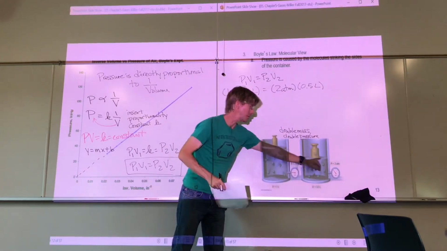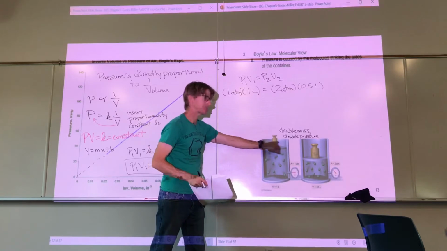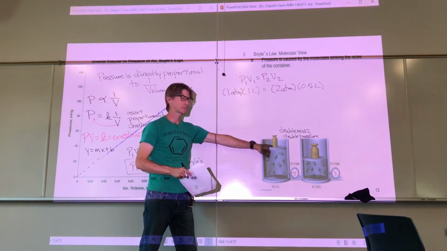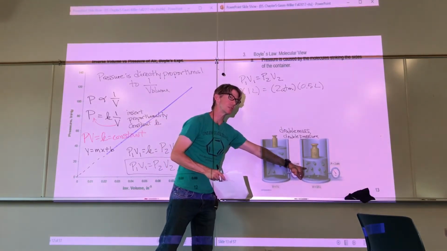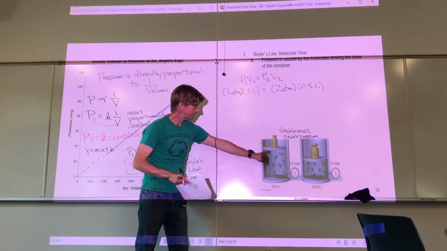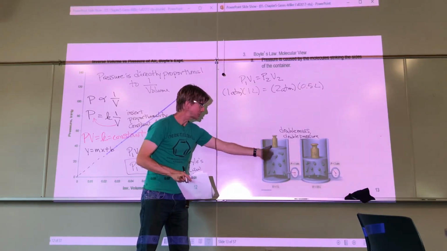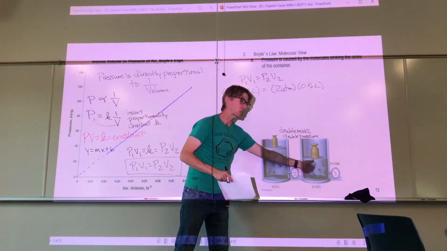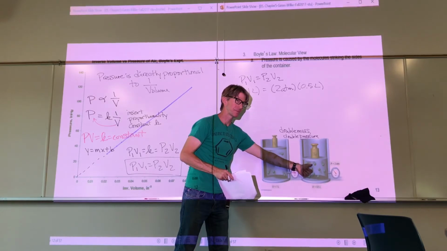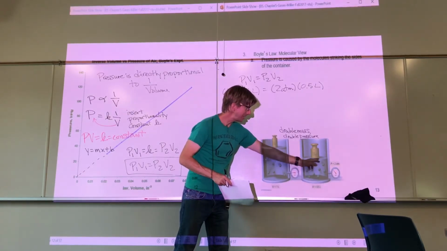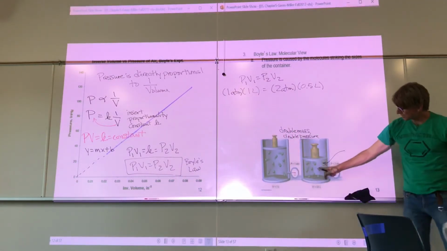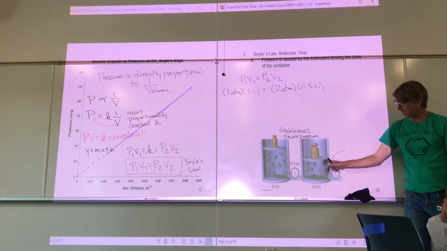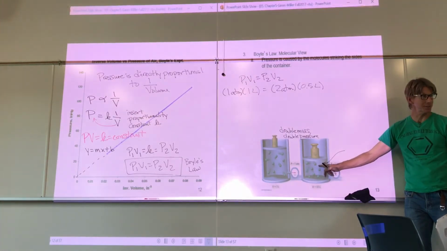As pressure is force per area, the area is staying the same. Here's gravity playing its role again. But here, in the same way that when you're talking about the barometer, this gas has to be pushing back against this 1 kilogram, and it has to be pushing back twice as much here. So what we're saying here is that there must be, for the same area, twice as much force,